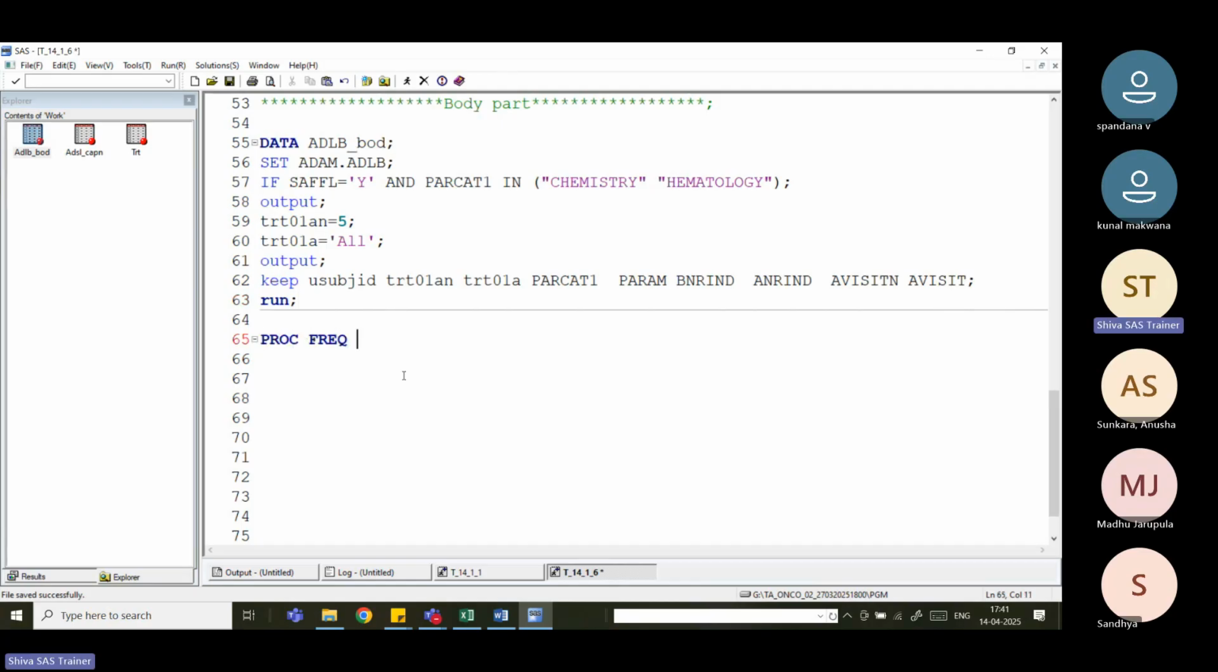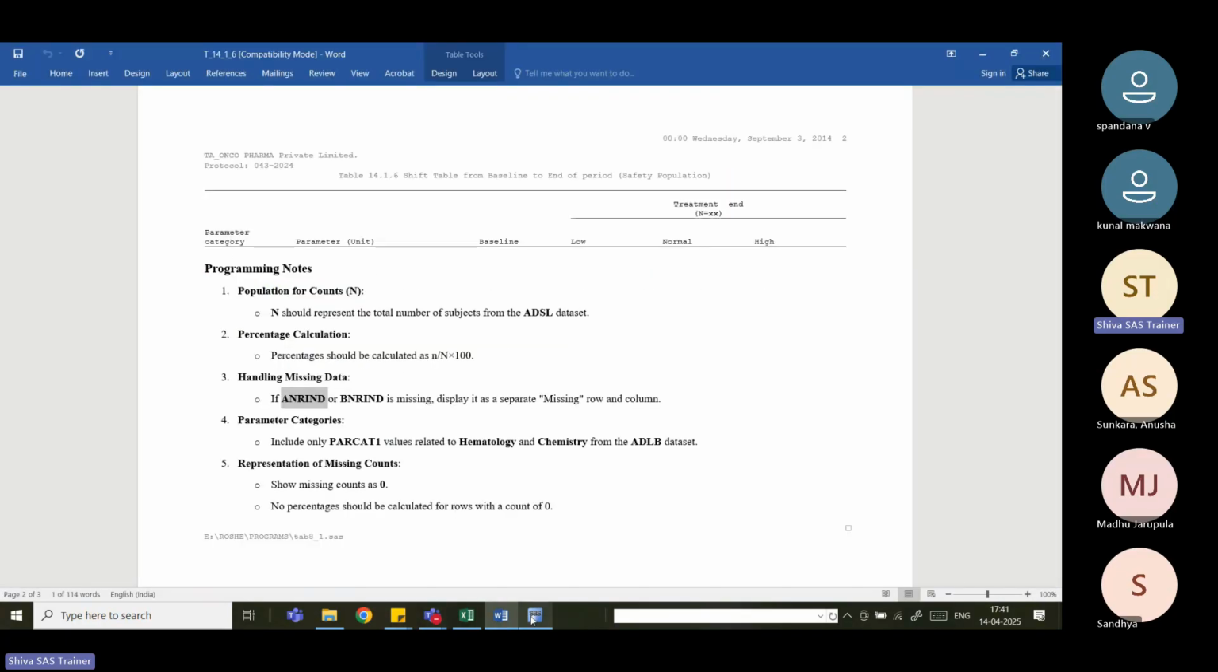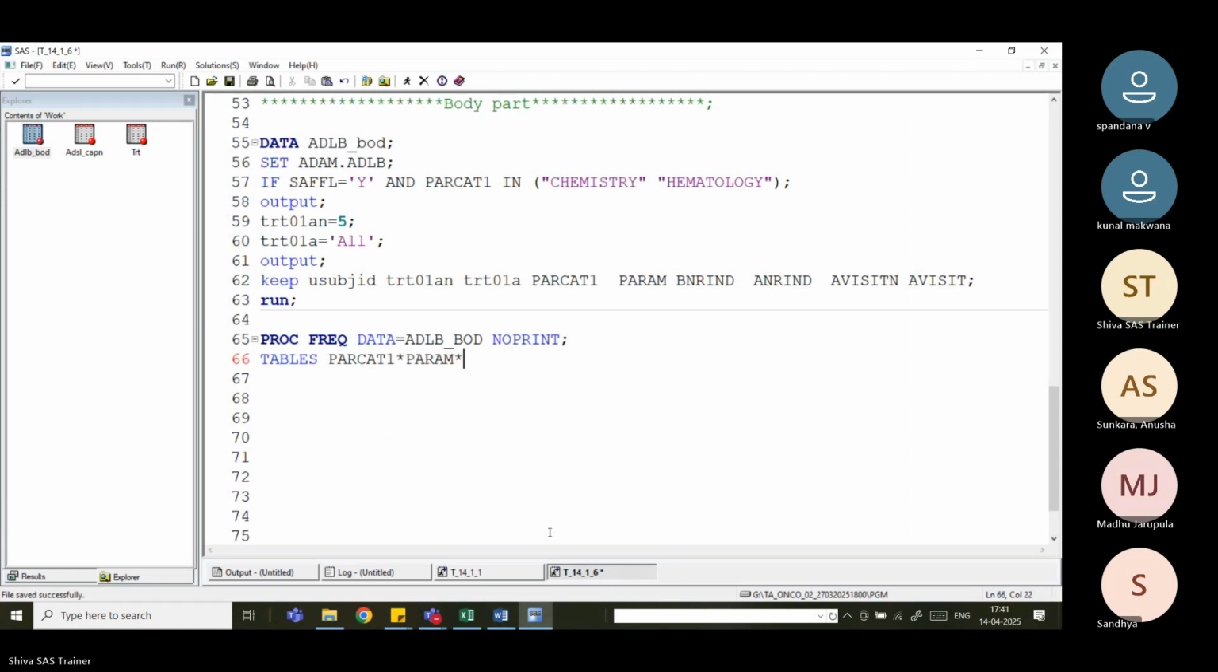So proc freq data equal to ADLB_BODY. We don't want to print the results in the output window. And tables, parameter category versus... So here you can see first category, next parameter, next baseline, next ANRND, next treatment wise, out equal to